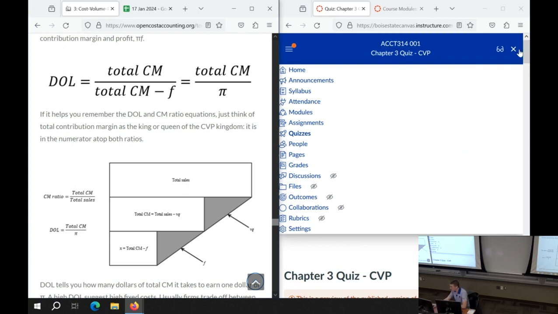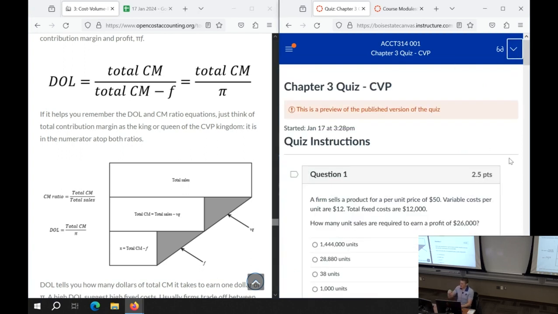There's a quiz question that asks you that, but for your information, usually you have either, and because of the way that the fractions are flipped, they both either go high or they both go low. So for example, if I have a lot of variable costs, I'm going to have a low contribution margin. That means that let's redraw this and say this triangle actually comes all the way out over here. A lot of my costs are taken up by variable costs. That means I'm going to have a small numerator compared to my denominator. I'm going to have a low CM ratio, maybe 0.5, 0.4, 0.3, to reflect that I get very few cents after I've taken out all the variable costs.